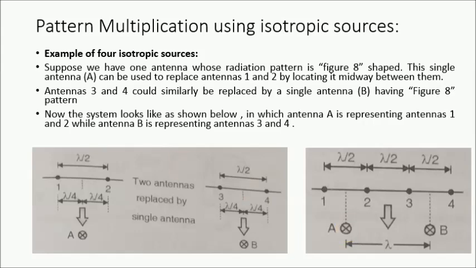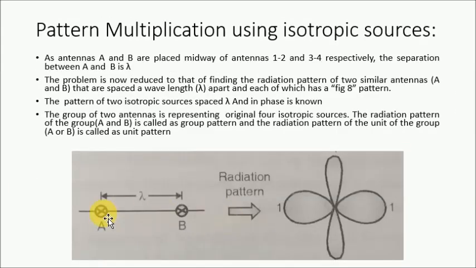Now if resultant A and resultant B are separated by lambda, we have the previous case. We have already seen in the last video lecture that if separation is lambda and alpha equal to 0, we have this pattern. The pattern we get here is the resultant of A and B, which is again available exactly at the middle, and this pattern is known as the group pattern. Now this is a very simple pattern, but it is known as the group pattern. Note that this is not the resultant pattern. It is simply a group pattern.